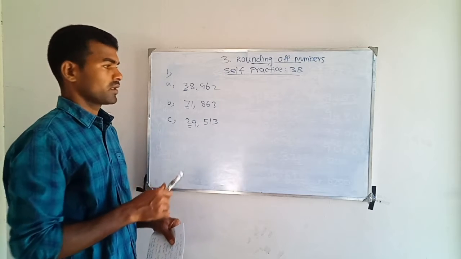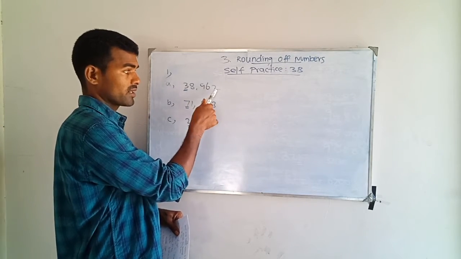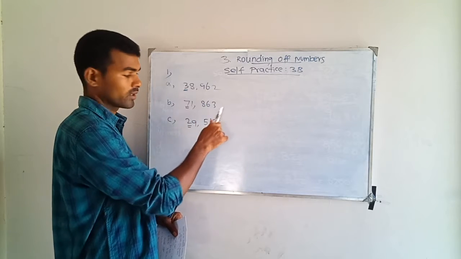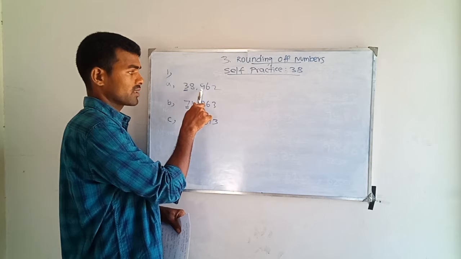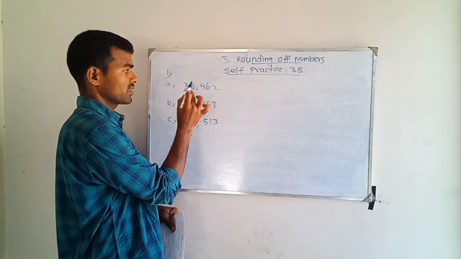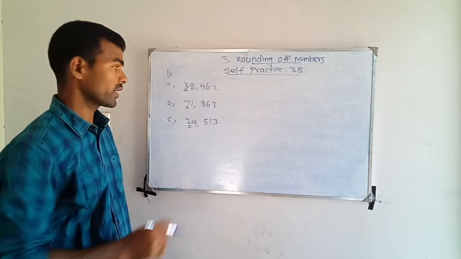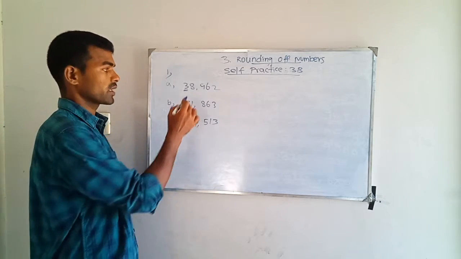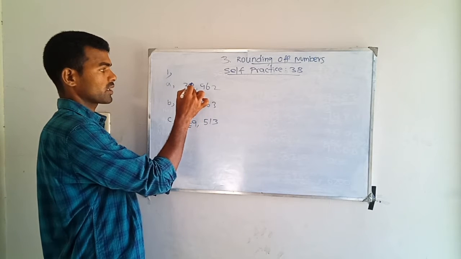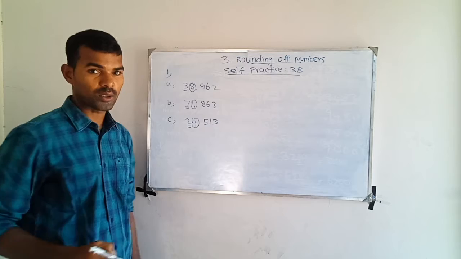See that to round the number to the nearest 10, we consider the ones digit. We are looking at the ones place. To the nearest 100, we are considering the tens place. For the 1000, we are considering the hundreds place. Now look at it. To round the number to the nearest 10,000, which digit do we have to look at? We have to look at the thousands place.